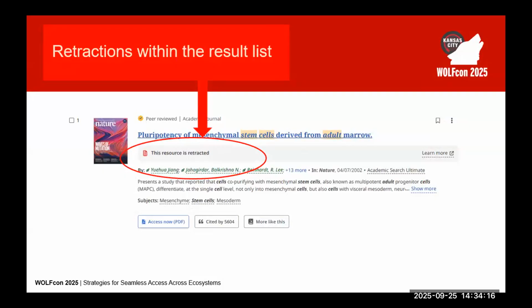Kathy mentioned retractions, right? We've been seeing with AI a dramatic increase in publications and content and citations. As we start to identify that maybe some should not have gone through the filters, they create retractions. So this is a new feature that we just released into EDS. I would assume also in EBSCOhost as well, where we still have the content indexed, but we identify it as being a retraction. You can see here that we've labeled that search result element as a retracted article. That way you still have access to the citation and the item, but we can identify for the user that it has actually been retracted.